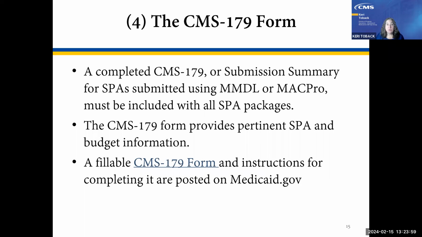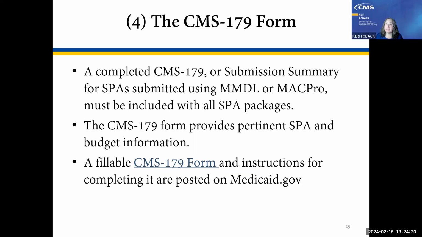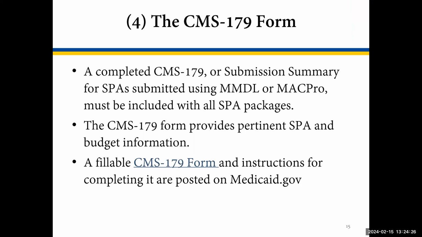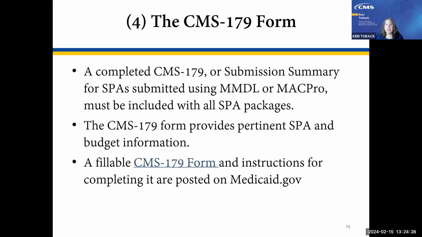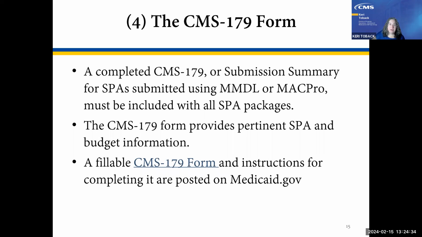Please note that sometimes in the course of reviewing a SPA, CMS finds that changes or corrections are needed to be made to the 179 form. This can be a result of errors or, more likely, changes to the amendment that result from review and collaborative work between CMS and the state. When changes are necessary, CMS can ask the state staff for permission to make what we call a pen and ink change. This is a way for CMS to make changes to the 179 rather than having to ask state staff to revise the 179, have it re-signed, and then resubmitted. On our next slide, we're going to highlight a few areas where most of the pen and ink changes occur.